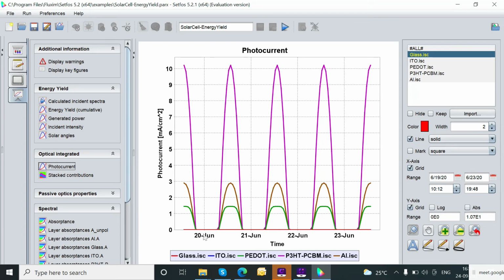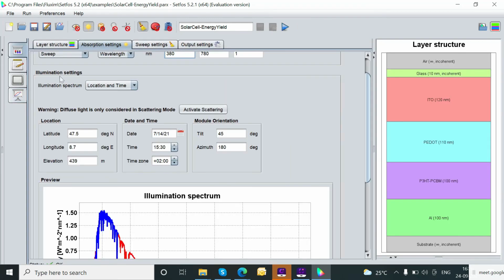Now for the LED devices, suppose you want to plot the LED and energy yield calculations with the date and time if you want to swap.